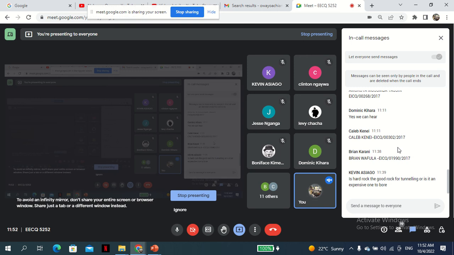Then you can give marks. There is a rating system that gives marks for rocks between 0 and 100, I believe. 0 to 20 is very poor rock. 21 to 40 is poor rock. 41 to 60 is fair rock. I think 61 to 80 is good rock, and 81 to 100 is